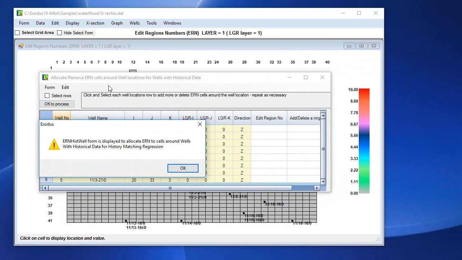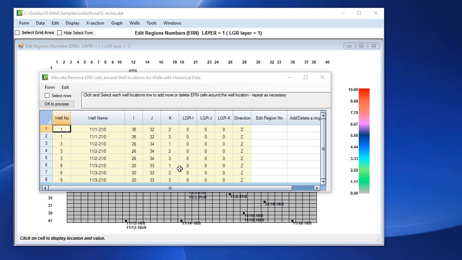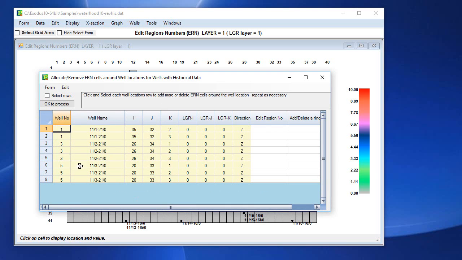And because I have historical data, as I just showed you, a special form comes up. This special form is an allocate remove ERN cells around well locations for wells with historical data. It only shows when you have some wells predefined with historical data. So okay to that, and you can see that for those three wells, 1, 3, and 5, for their well locations,